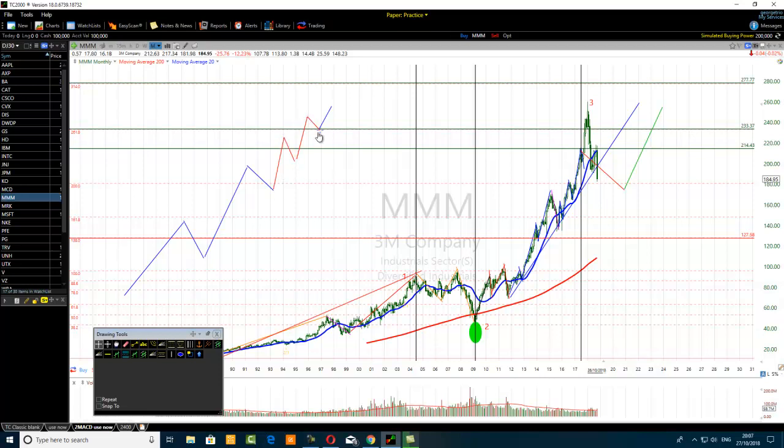1, 2, 3, 4, 5. But now this is the fifth wave. You see the blue section here? That's the fifth wave of the fifth wave. Our fifth wave has started from here and is subdivided into 5 waves. 1, 2, 3, 4, 5. Where is the fifth wave of the fifth wave? The blue one here. Now that fifth wave of the fifth wave itself can be extended, which means it can be subdivided into 5 minor waves.